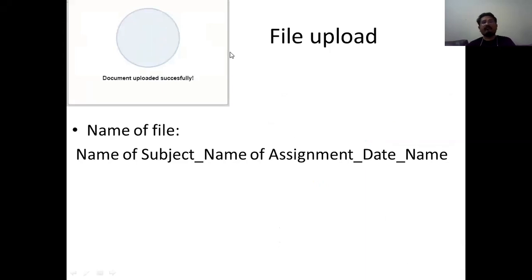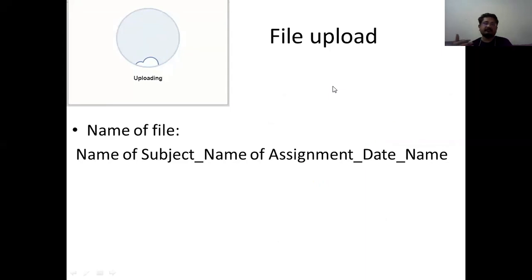Now the important factor of this is that the files will be stored in your Google Drive. And as I told you, you need to make a folder with the name of your classroom. Or if you have already created a Google Classroom, in that Google Classroom the files will come.